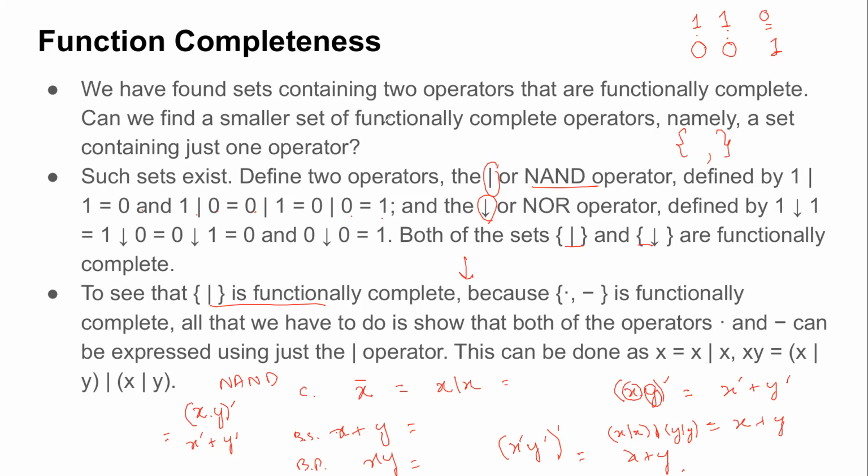So we saw three versions. We saw a set of size 3, which was Boolean sum, product and complement. Then we saw a set of size 2, which was Boolean sum and complement, or Boolean OR and complement. And finally we saw a functionally complete set of size 1, which is either NAND or NOR gate. Is this clear, the concept of functional completeness? What do we mean by that? Class, is this clear?